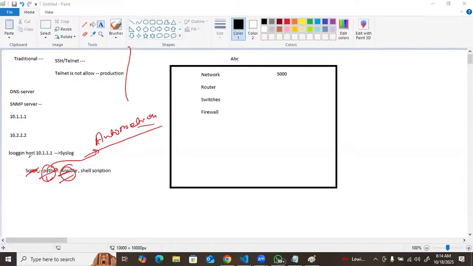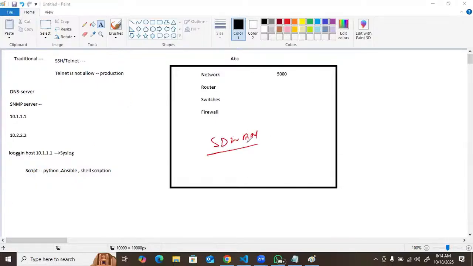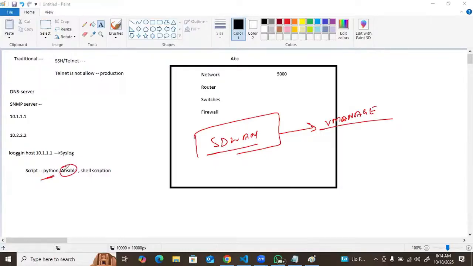Tell me one thing, guys. Does anyone have an idea about SD-WAN? Yes. Okay. What is the vManage? I will come to that now. I will differentiate it. What is Ansible? What is Python? How is Ansible different from Python? Why are both required for a network engineer? I will come back to that part. I will show you some programs also so that it will be more clear. Why is Ansible required, right?